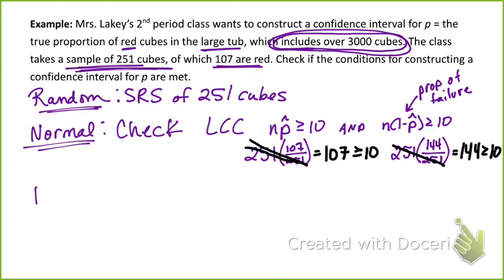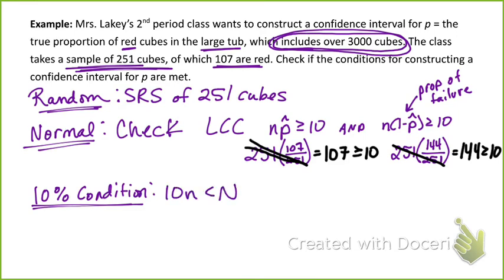Last one we're going to check is the 10% condition. This is to make sure we didn't get any pockets of bias when we took our sample of cubes. I don't want no bias cubes. All right, 10 times the sample size needs to be less than the population size. So 10 times 251. What's 10 times 251? Nice. Is that less than the